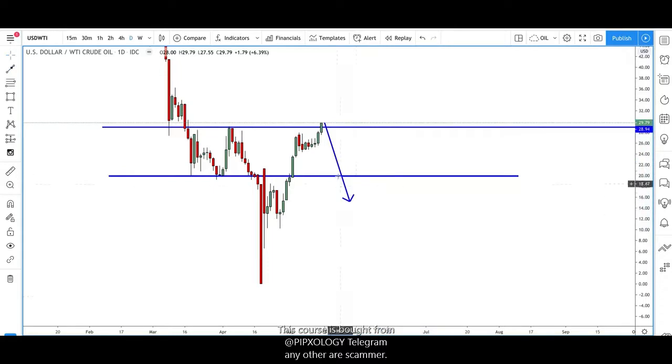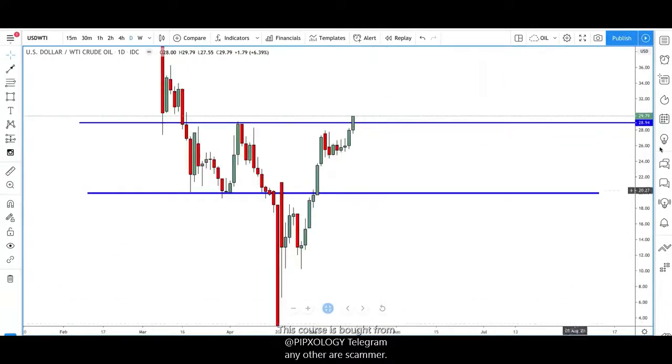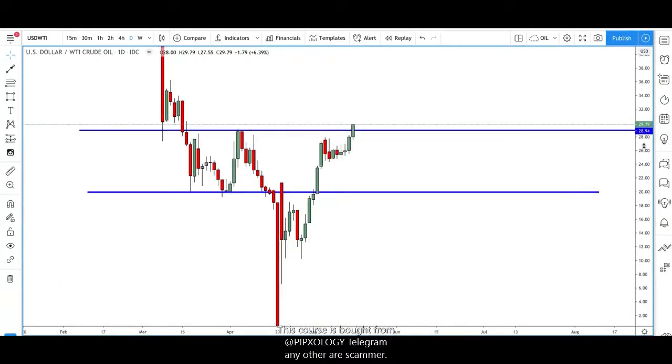So yeah, very, very interesting to watch. No trade right now, again, as I said, because of the way that it's closed on Friday, but we just need to watch it and let it develop a little bit more, and then we can look at taking a trade. But I think there's going to be a very, very big trade coming on oil fairly soon.